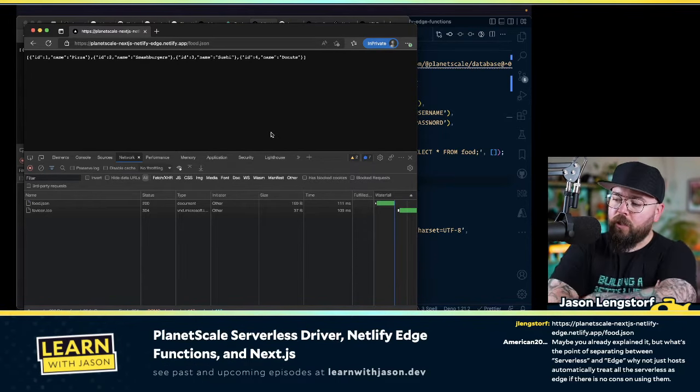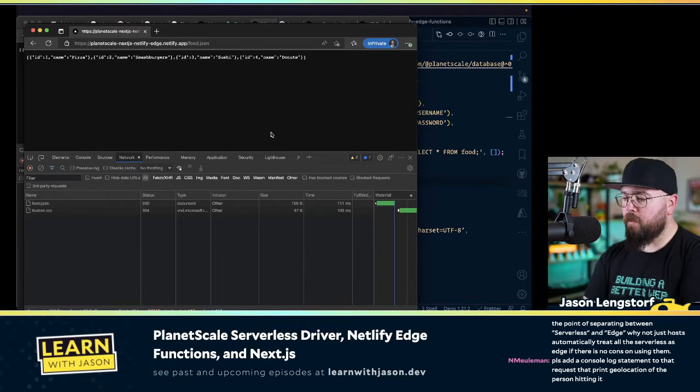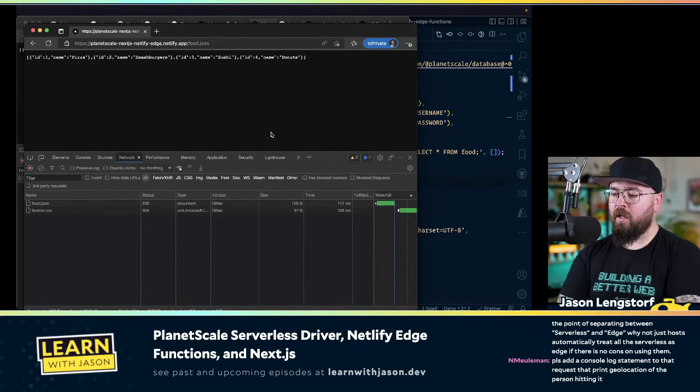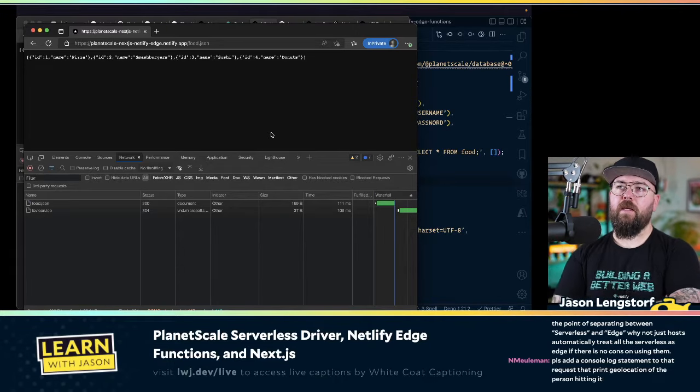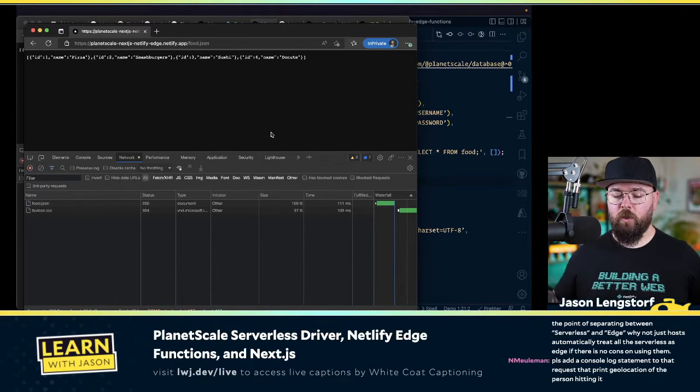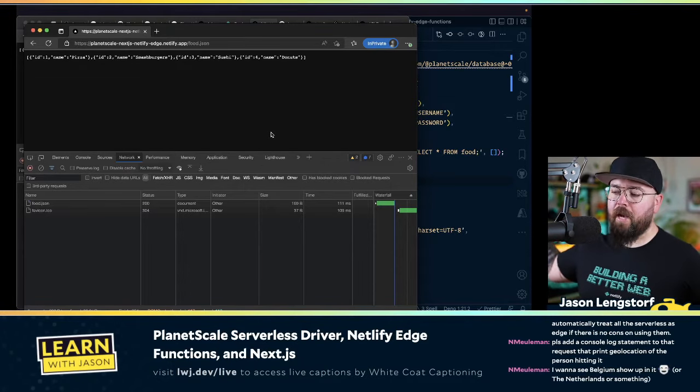American 2050 has a good question. What's the point of separating between serverless and edge? Why not have hosts just automatically treat all serverless as edge if there's no cons on using them? The major difference is that the primary use case of edge functions is that you want to be able to make a choice, because